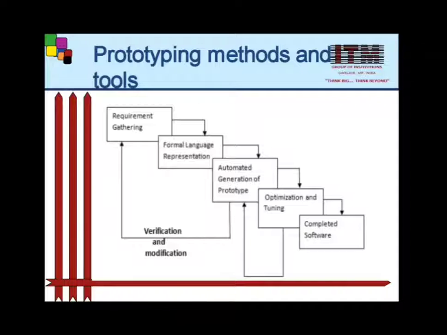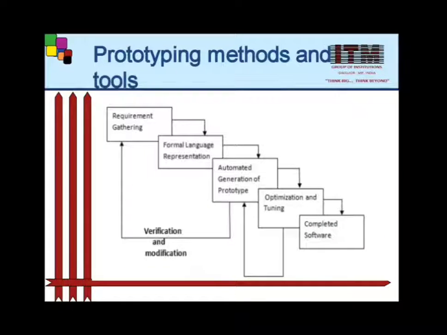Here we are just looking at some methods and tools that are available, and the flow of information is like this: first is requirement gathering, then formal language representation, then automated generation of prototype, after that optimizing and tuning, and then the completed software is converted.